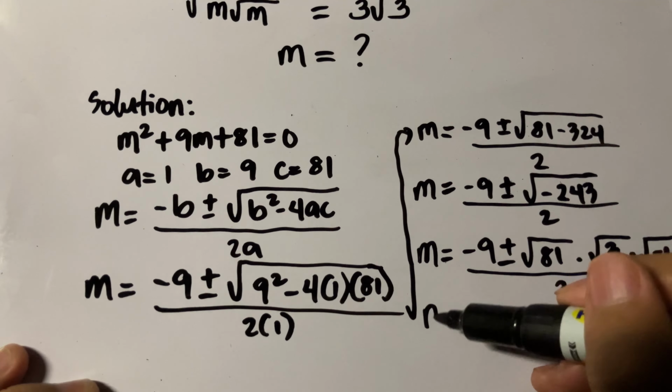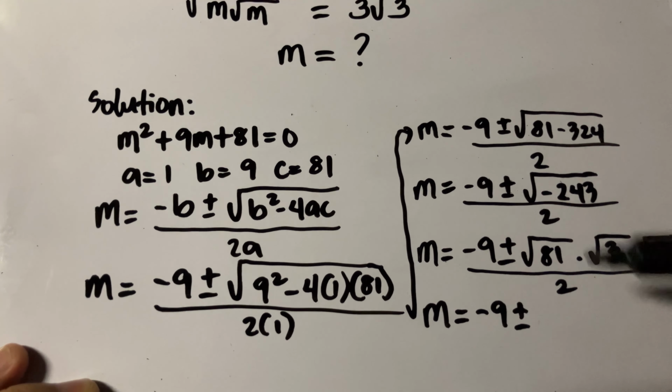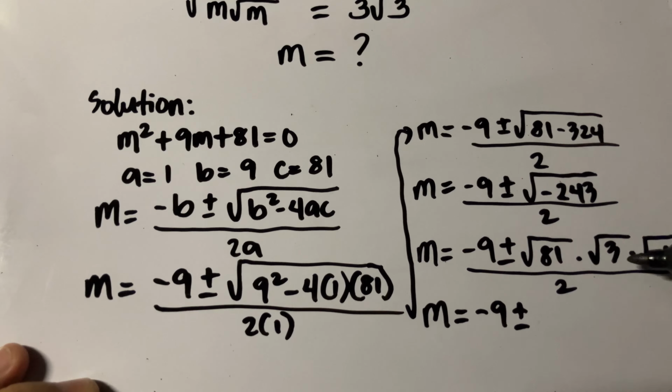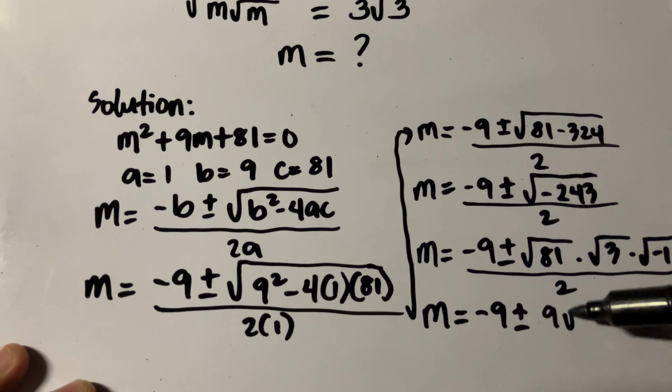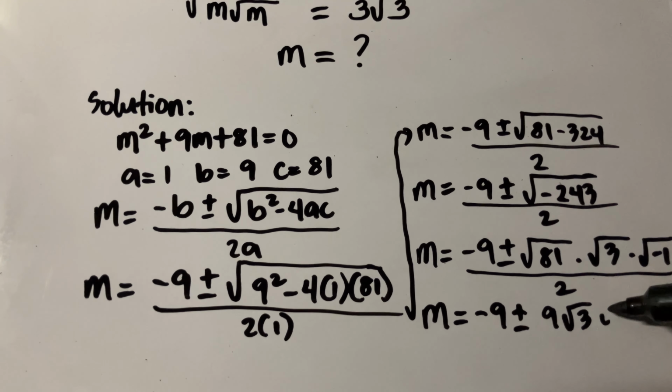Now this is m equals negative 9, plus or minus square root of 81, that is 9, and then 9 times square root of 3, that is 9 square root of 3. Then the square root of negative 1, we know that the square root of negative 1 is equal to i. So this is i,